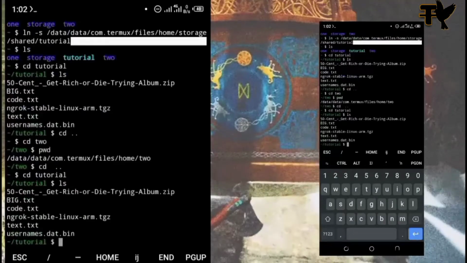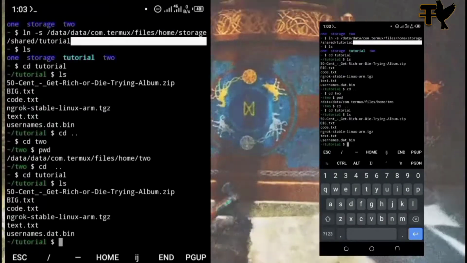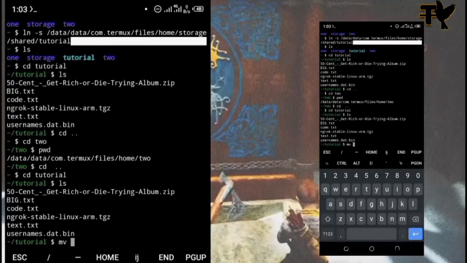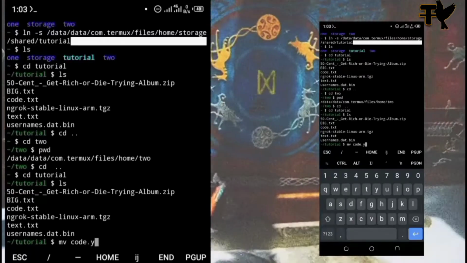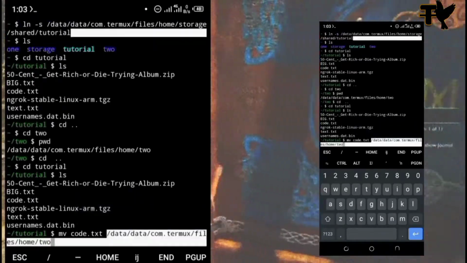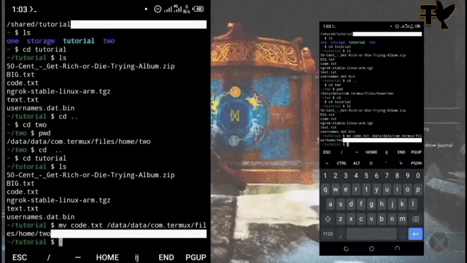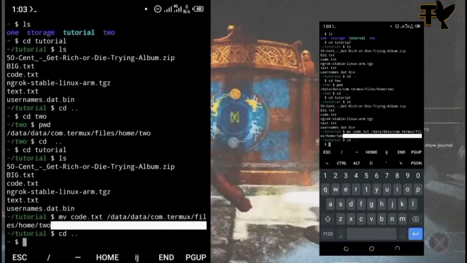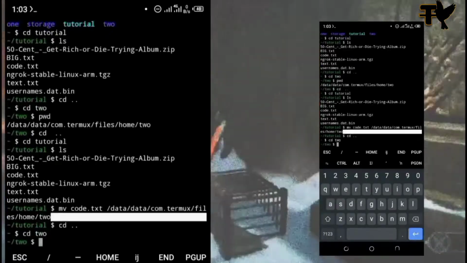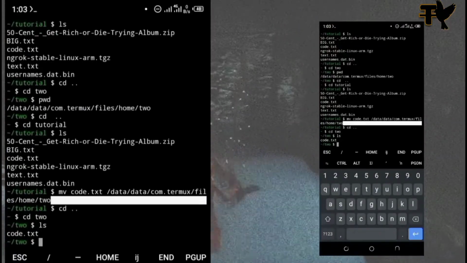and here it is. So I want to move this code.txt file to folder 2. So to do that, I'm just going to type mv, then code.txt, and then I'm going to paste the working directory of folder 2, and I'm going to hit enter. And as you can see, if I go back to folder 2 now, cd 2, now we're in folder 2, and if I type the ls command, as you can see, code.txt file has been